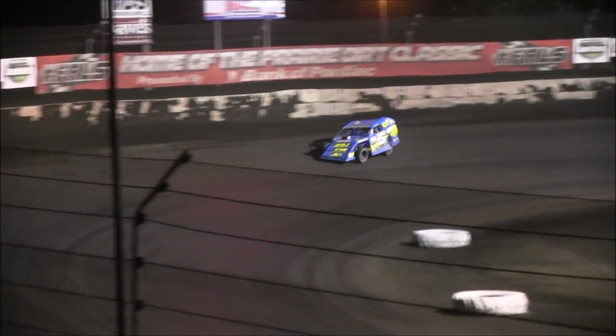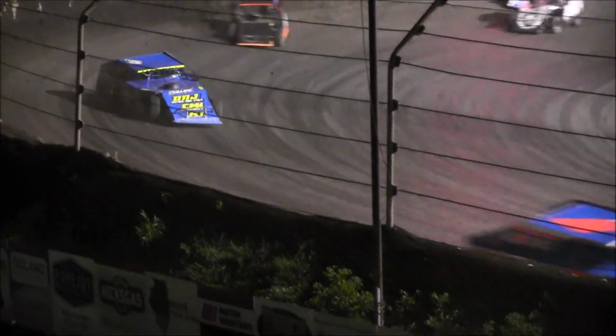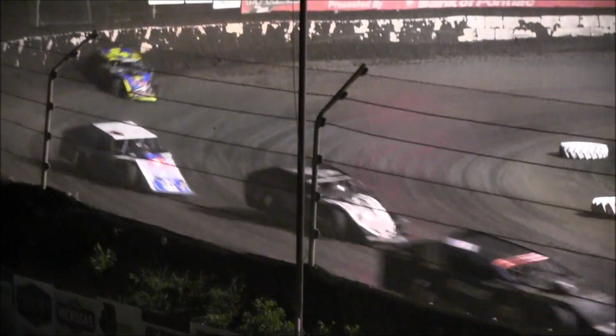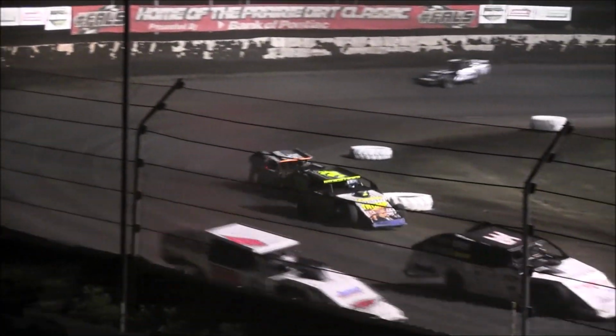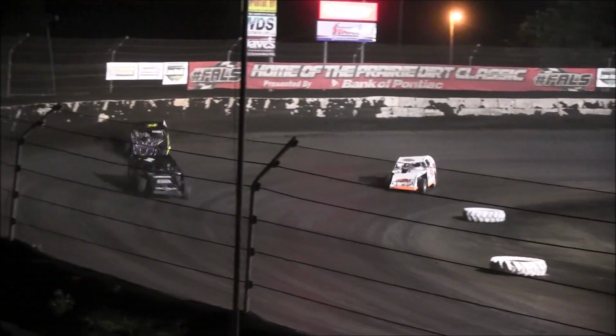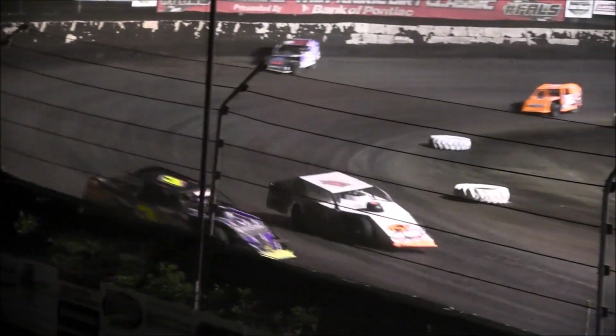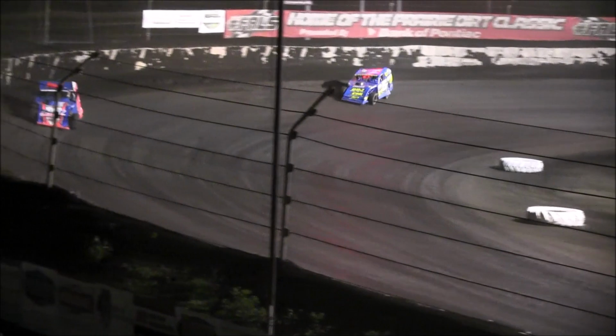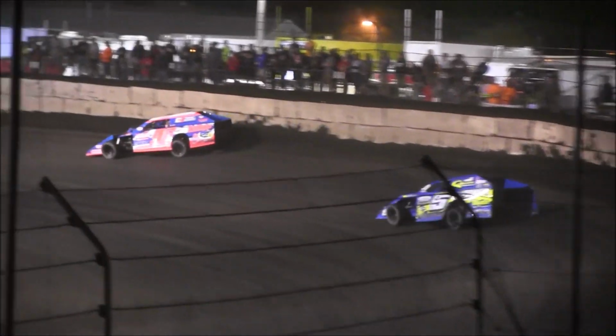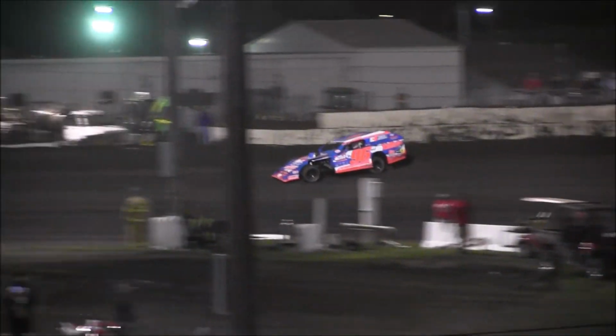15 to go this time by. Drivers running second through fourth, hoping for a caution. 15 to go. Down the back straightaway. Victor Lee's got three cars between him and second running Tyler Nicely. It's about 5 more car lengths back to the 24 of Mike Harrison, who used up, 14 to go. McKinney looks solid. That battle, well, the 4, I should say, of Victor Lee is having a very tough time clearing lap traffic,